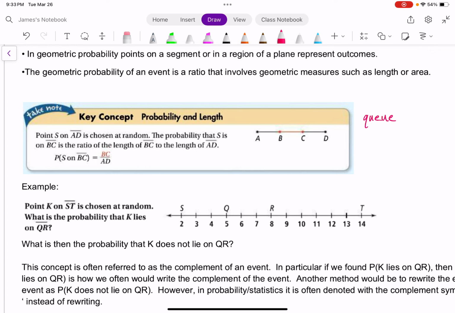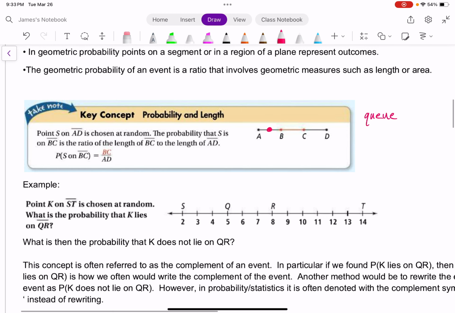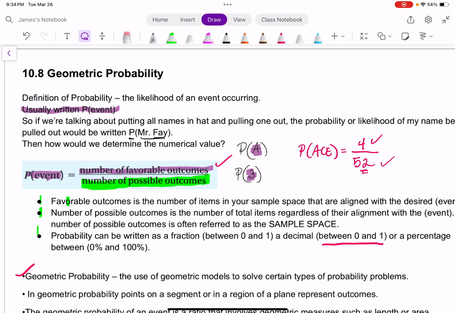It's dealing with the lengths, okay? So it says point S on segment AD is chosen at random. So there's some point here, S, that we're going to choose, and it's going to be random. It might be anywhere on here. They're going to ask for the probability that S is on BC, so the probability that S shows up right there on BC